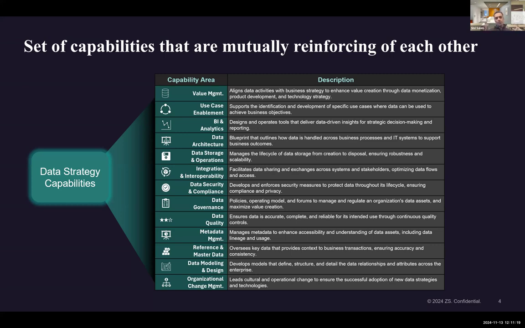It all starts at the very top. Value management is probably the most critical one for you to build off of, that high-level value statement, translating a set of business objectives into a set of data and analytics foundations and objectives. So it all starts at the top, and then you build all these other layers on that foundation. We'll give you an example of how this is done and how it truly comes to life. A practical one; we have done this with a variety of clients. So one specific client example on the next page, Willem, if you could go to the next one.